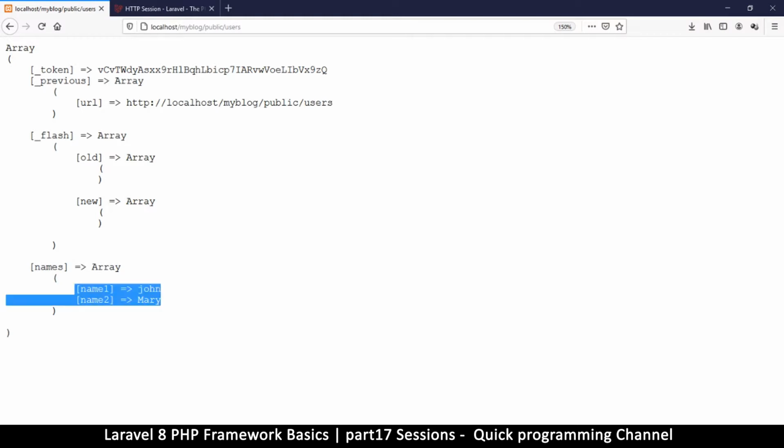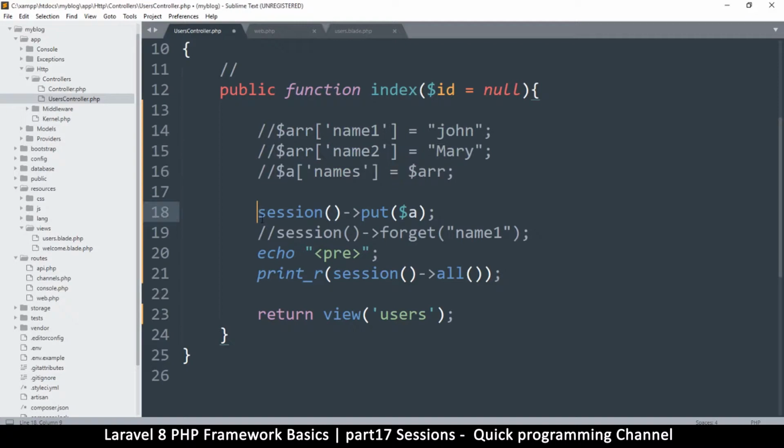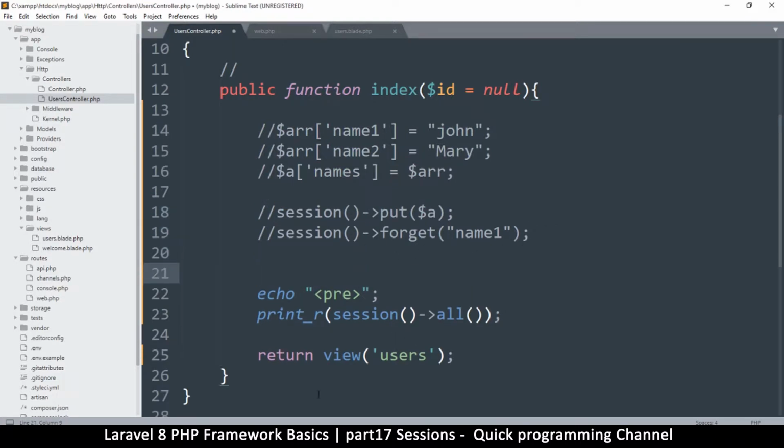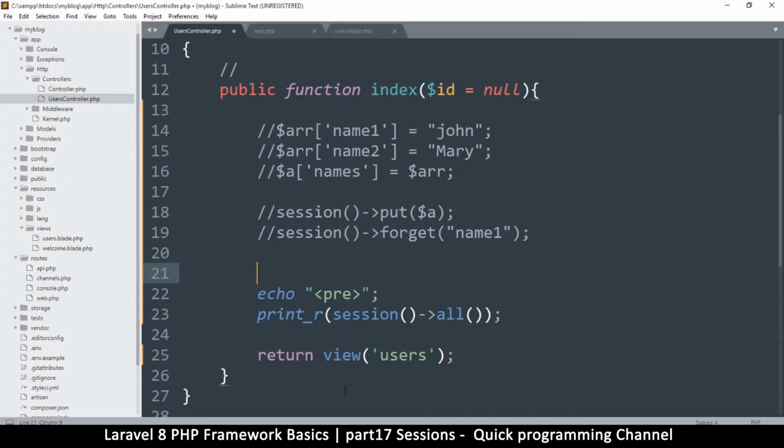So there. Now, what if I want to add an item to this? I can use the keyword push. So let me mute all this. I don't need this anymore. I've already added. So what I want to do now is to add an item to this array. There's an array existing in here, which is called names, but I want to add an extra name there. So what I do, well,